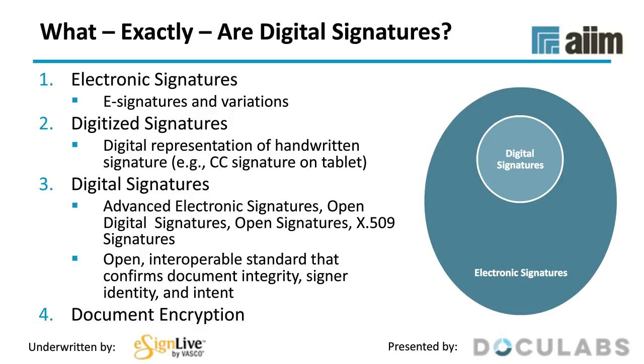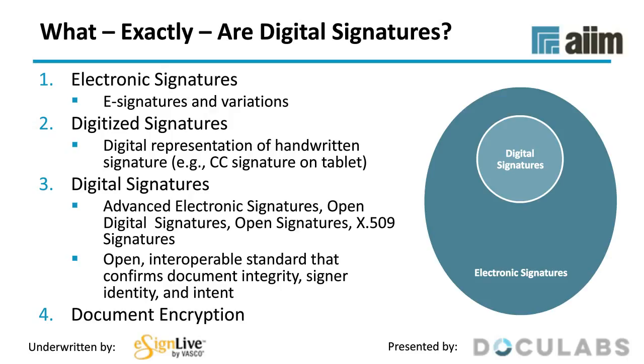So let's start by saying that an electronic signature or e-signature is a vague general term for non-hard copy, non-wet signatures. It's a superset category that includes digital signatures as a smaller subset. An electronic signature is a broad category, therefore, that covers scanned or fax-scanned images and public key encryption-based digital signatures across the board. It may be a bitmap from a scanned image or a fax or a picture of a wet signature, or it can be a typed acknowledgement or acceptance. It can be part of just a checkoff in a workflow process that you only use internally. It also includes this category, digitized signatures, such as when you sign for a credit card purchase on a tablet.